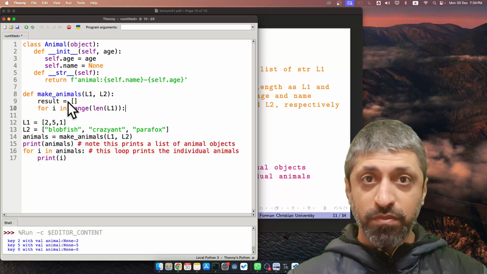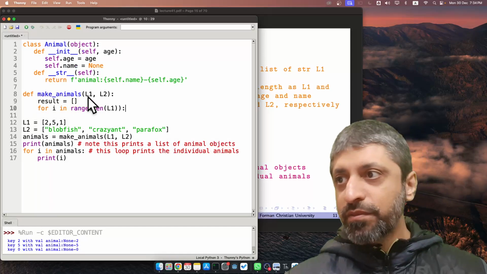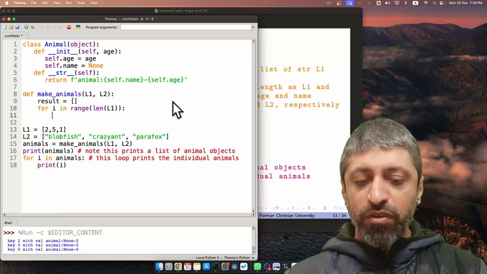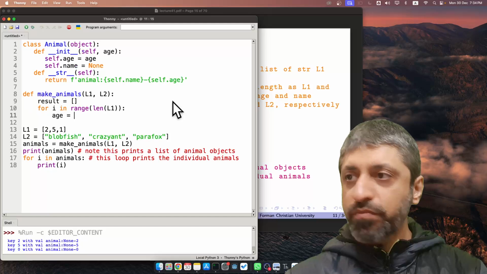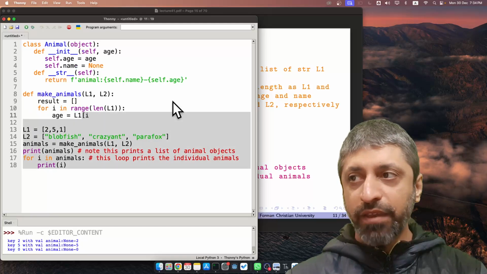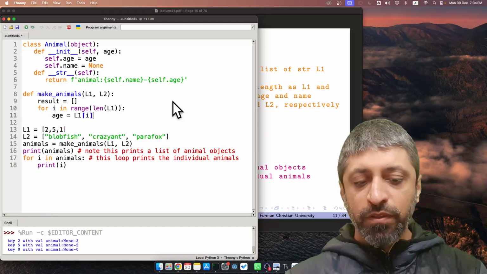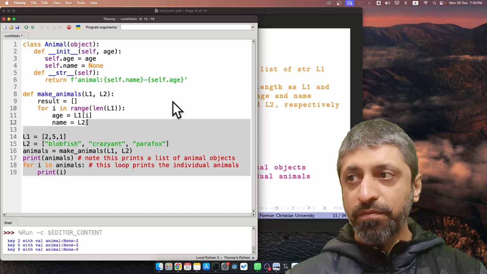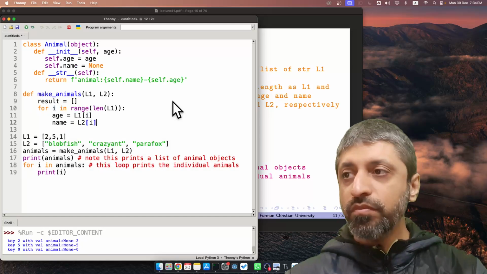Yes, because the size of both of the lists is equal. और हमें दोनों का इंडेक्स चाहिए. So basically now what we do is age equals L1 का ith element is going to be age, or name equals L2 का ith element is going to be the name,